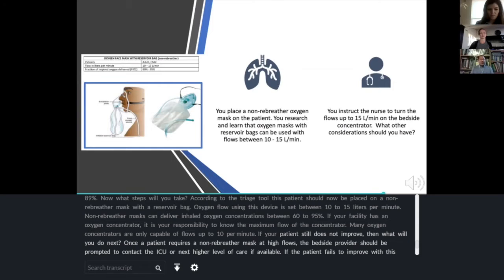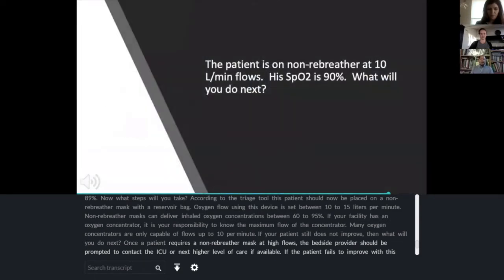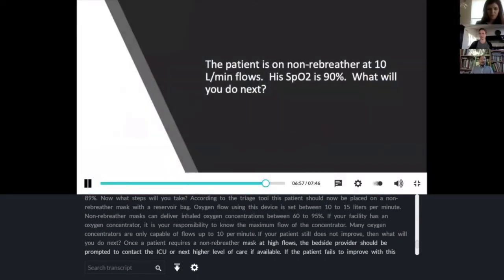If your patient still does not improve, then what will you do next? Once a patient requires a non-rebreather mask at high flows, the bedside